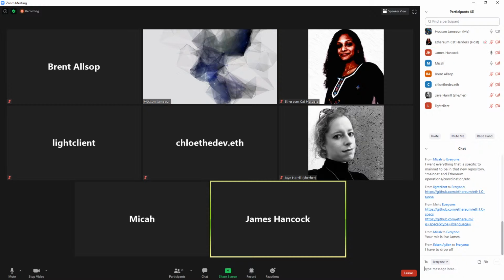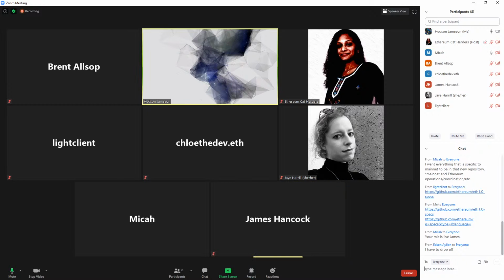Light Client suggested that we also do the yellow paper, that if it's going to be an ETH1 specs, it should be inclusive of all things that are required to make a client, including the yellow paper. Maybe. It'd be kind of weird to move it from its current repo, but coordination for updating the yellow paper could definitely go in the ETH 1.0 specs repo, is my thinking initially.